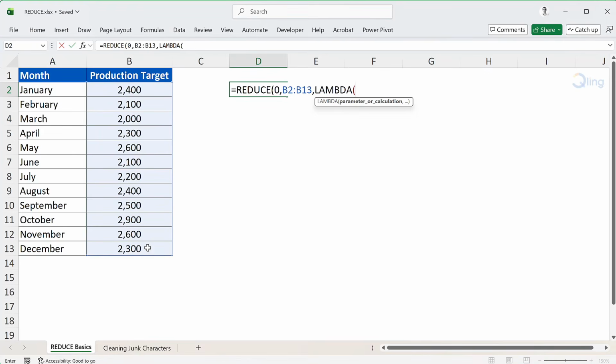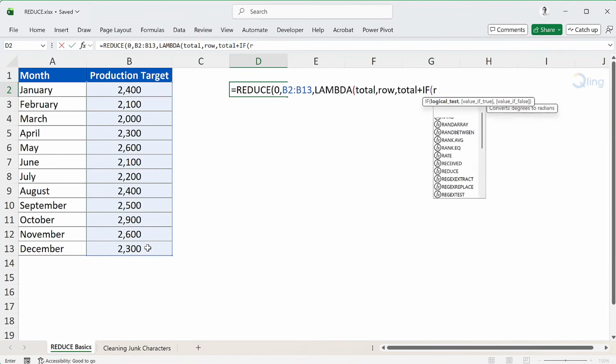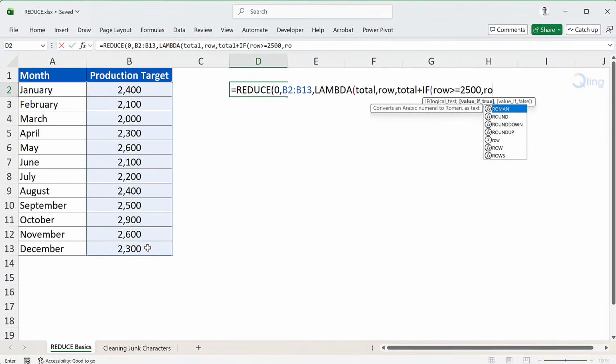We will define two parameters here. The first one is total, where we will add the values, and the next one is row, which will be the value of production target one row at a time. Finally, the calculation. This will be total plus, so that we keep adding to the total value, followed by an if condition, where we will check if that month's target is greater than or equal to 2500. If the condition is met, then we will add the row value, else we will add 0 to the total. That's it, close the brackets,